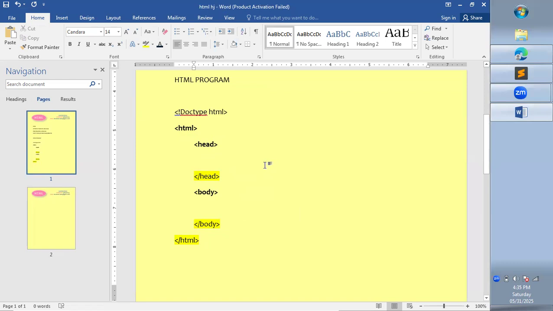Whatever page opens in browser is called web page, and title for that page can be given using title tag. So here I am using opening and closing of title tag. Other than this title tag, we can have within this head tag the script tag,